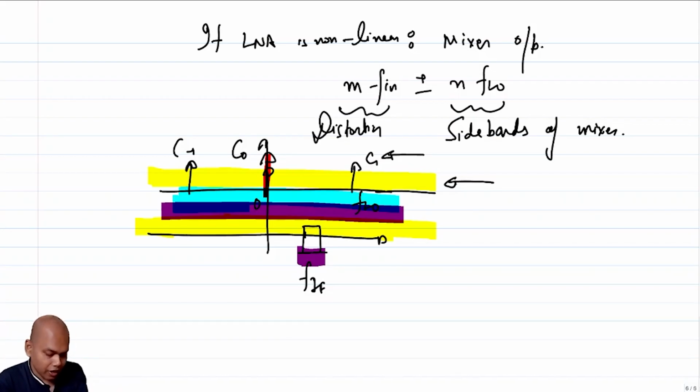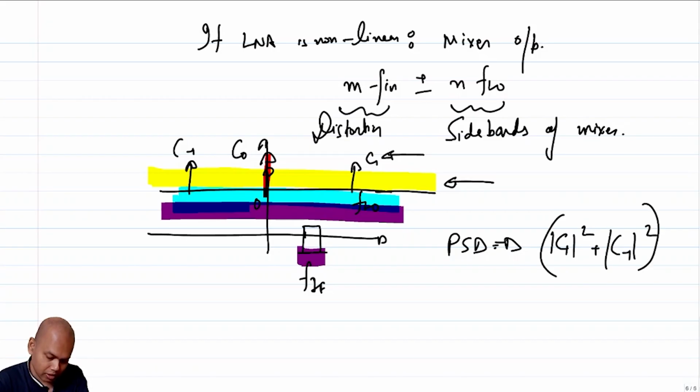If I take a differential output, then C0 is 0, so I can basically knock off that contribution of C0. But I'll get noise due to both C1 and C negative 1. So your noise contribution, the ESD of noise, is basically C1 squared plus C minus 1 squared times